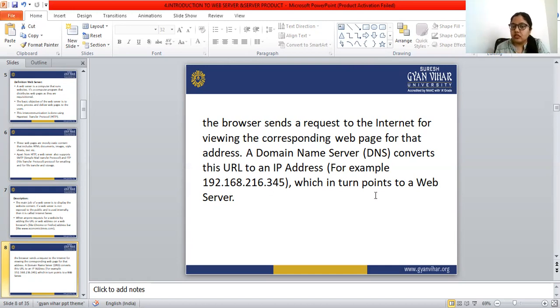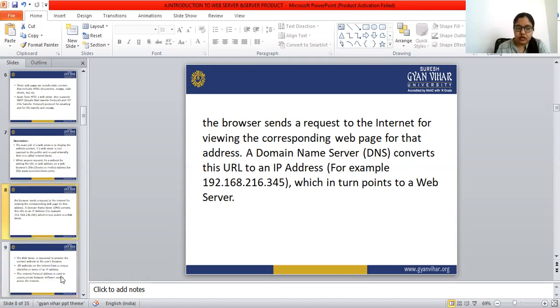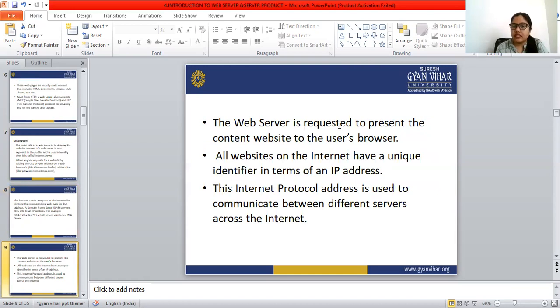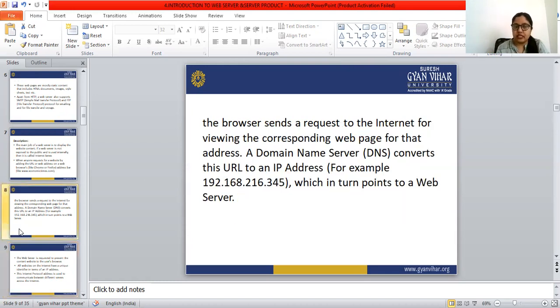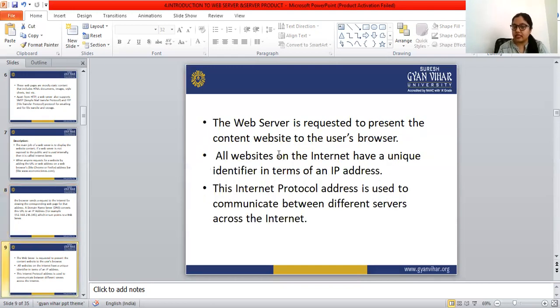Which in turn points to a web server. This is the way they work. Then the web server is requested to present the content website to the user's browser. After converting the URL to the IP address, which was already converted here, the web server is requested to present the content website to the user's browser.